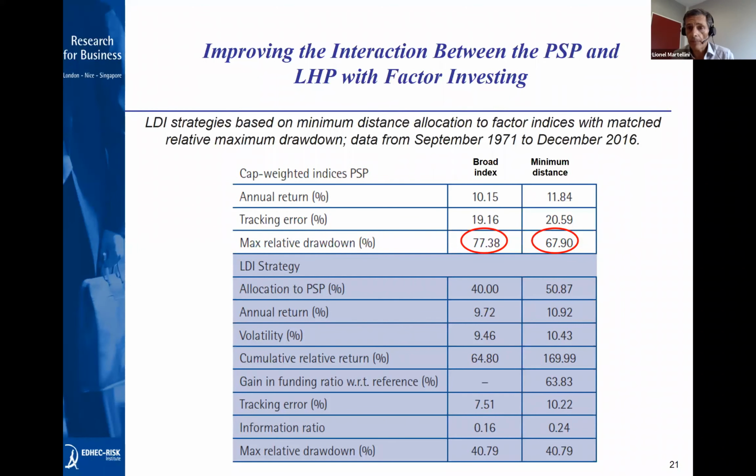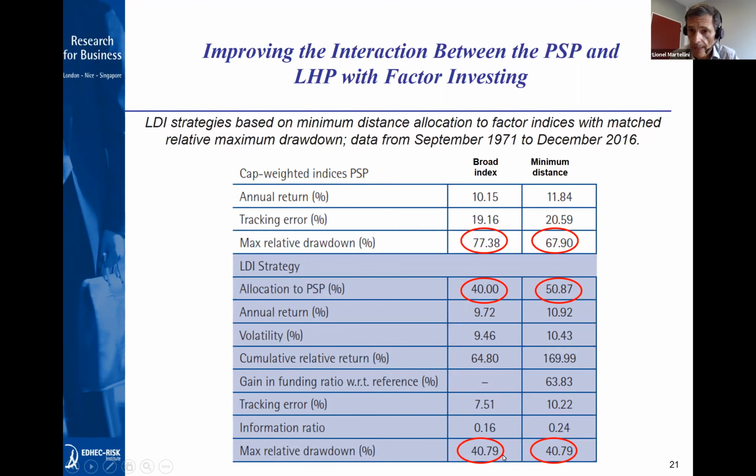Now, this is an equity portfolio. It's still very risky with respect to the liabilities. And this relative drawdown is very big, of course, because we have been looking at a severe bear market in that period of time. But what I'm saying is it's still better than that of the cap weighted index. Because of this, I can allocate more. So if I'm assuming a 40% allocation to stocks on the basis of the cap weighted index, I can allocate all the way to 50 or even 51% almost to the more liability friendly equity portfolio for the same